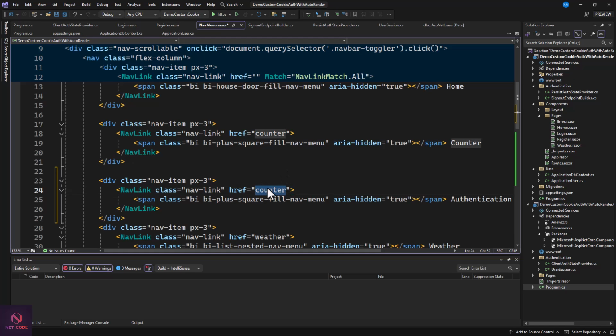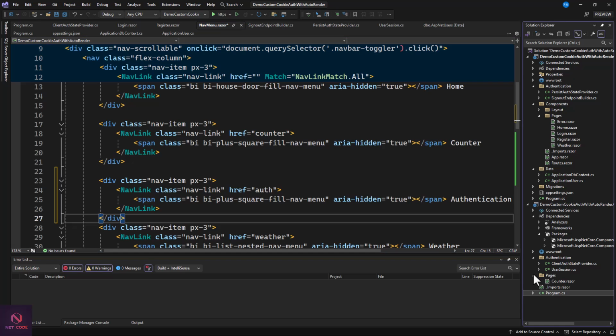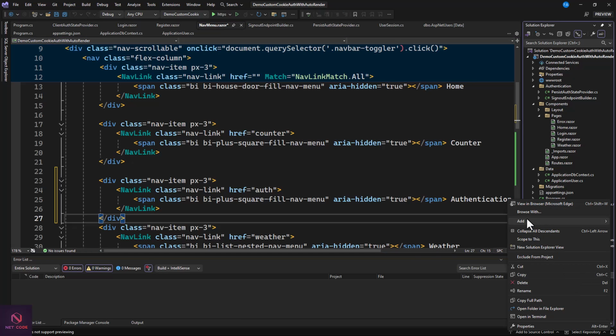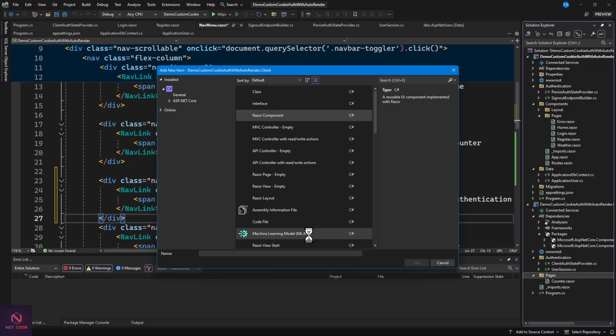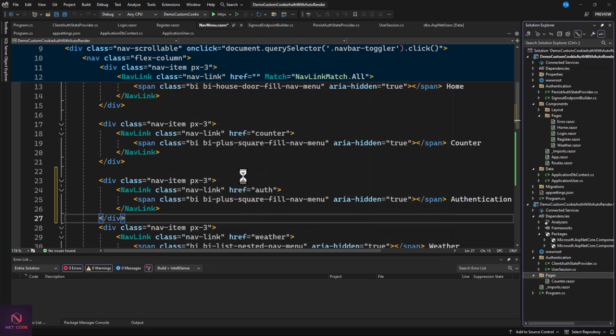So let's create a component for this, and we can do that in the pages folder. Let's create one component, and say this is auth page. The route here is going to be auth,